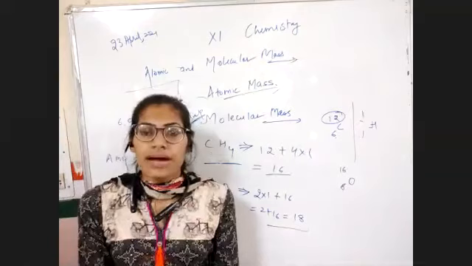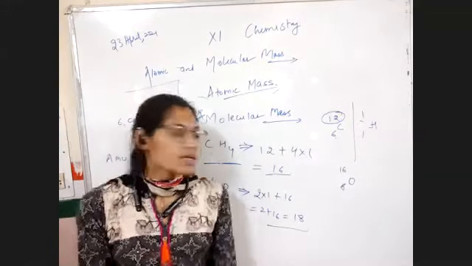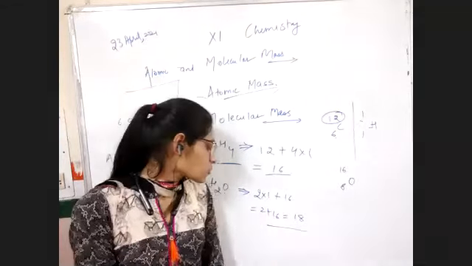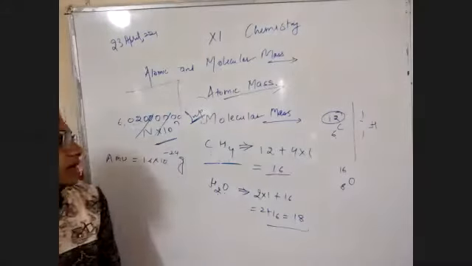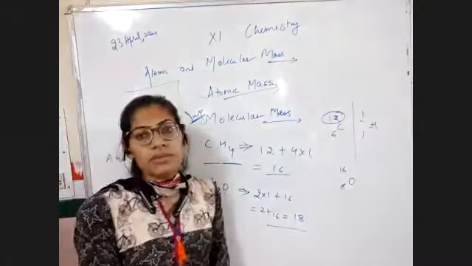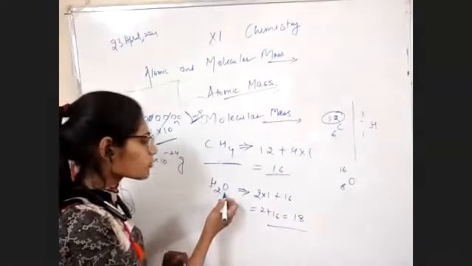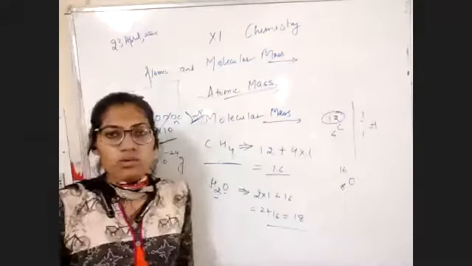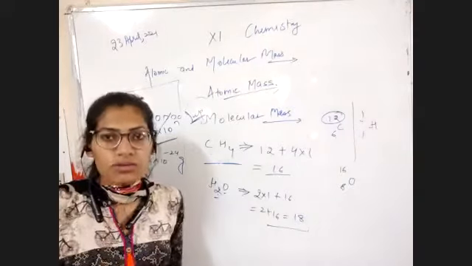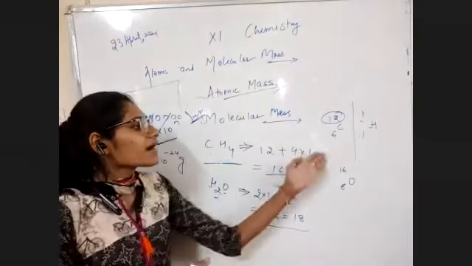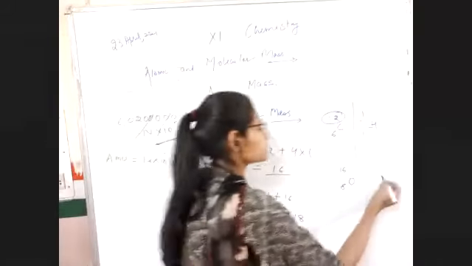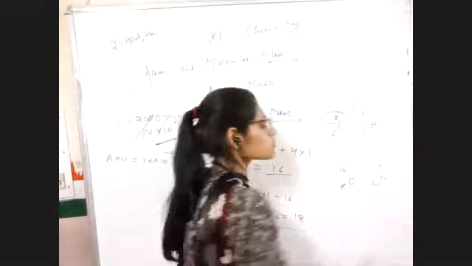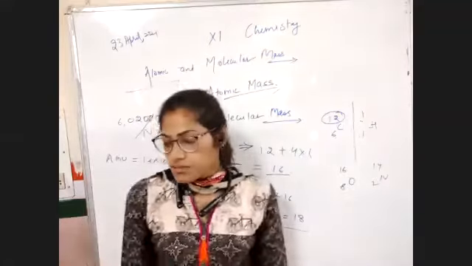I hope you have cleared this one. This is the way we calculate molecular mass. Don't worry, if you get a numerical from this chapter, you will be given the atomic mass of each atom. You just have to calculate and sum up. But you need to remember basics like carbon, hydrogen, oxygen, nitrogen. Nitrogen has 14 and 7, and so on. Okay, so this was it.